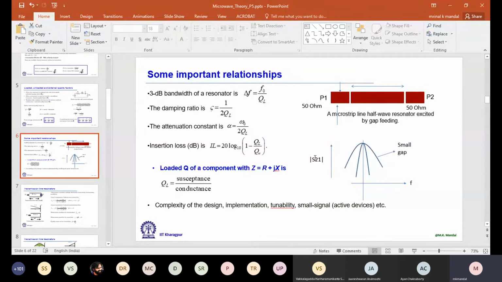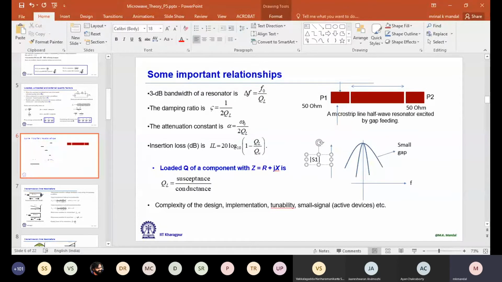So what we can do is note down the angular variation of S11 instead of Z in. It is directly related to the reflection coefficient also, Z in, that you know already. So you can use a full wave simulator and plot the angle of S11. Now at the resonant frequency, you see what the angle is. You go left side 90 degrees, right side another 90 degrees, then calculate the bandwidth, and that will give you the external quality factor. So the loaded quality factor is related to your S21, and the external quality factor is related to your S11. Let me draw it better.